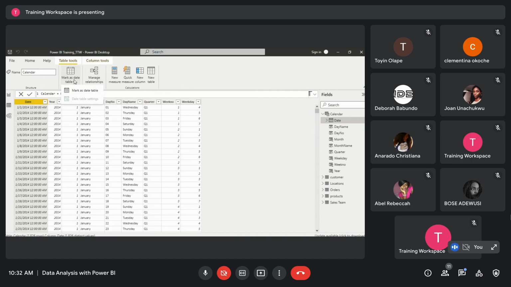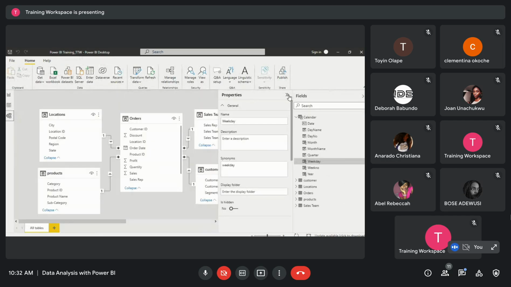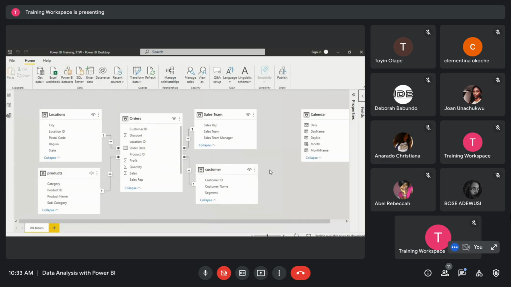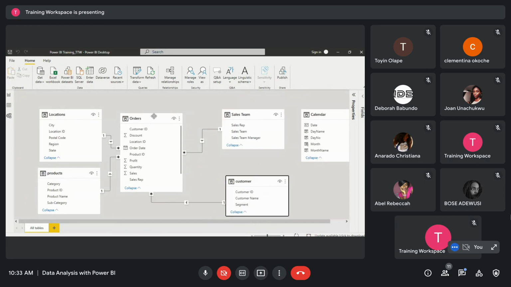So when we are marking the calendar table as a date table, Power BI will ask you what your date field or date column is, which is the dates here, and then you validate it. Okay, now that we've created our date table and marked it as a date table, you can now go to your model, because in this case your calendar table is standing alone. It is not modeled to any other table in